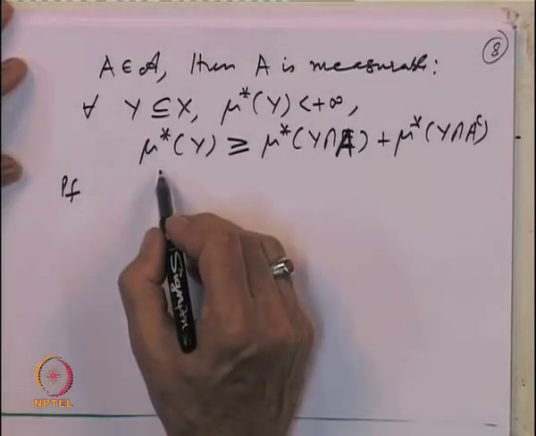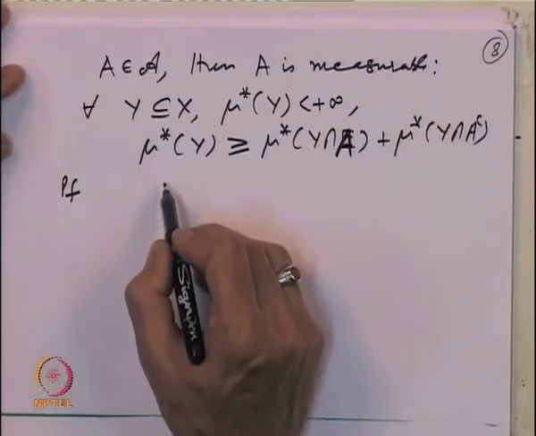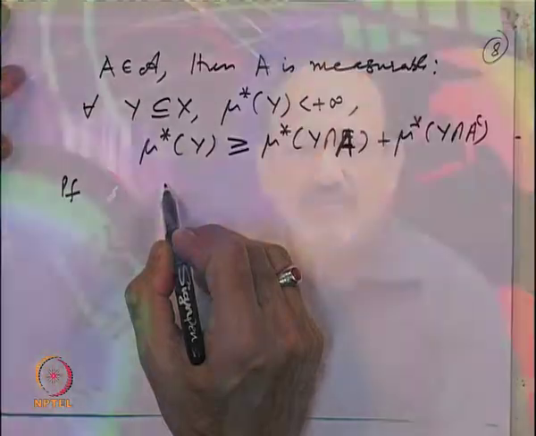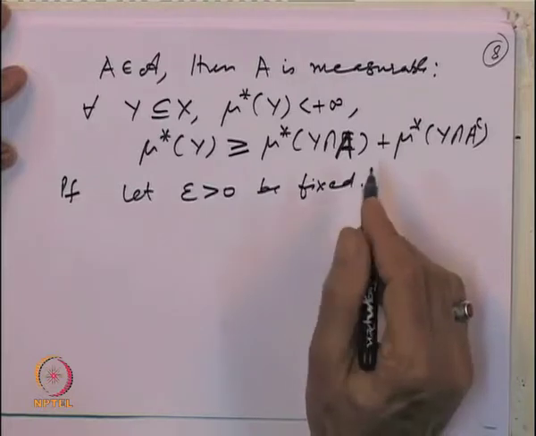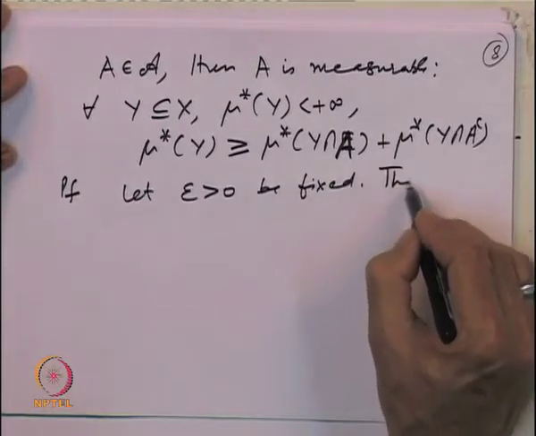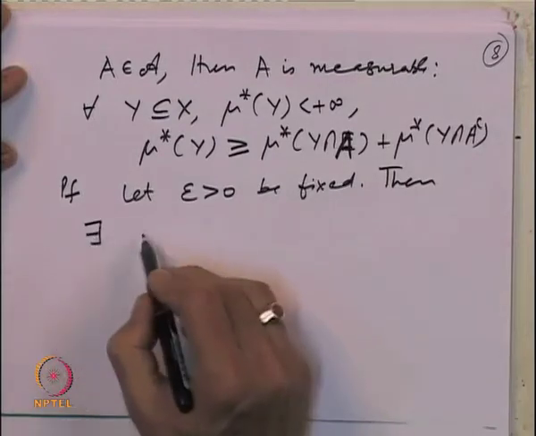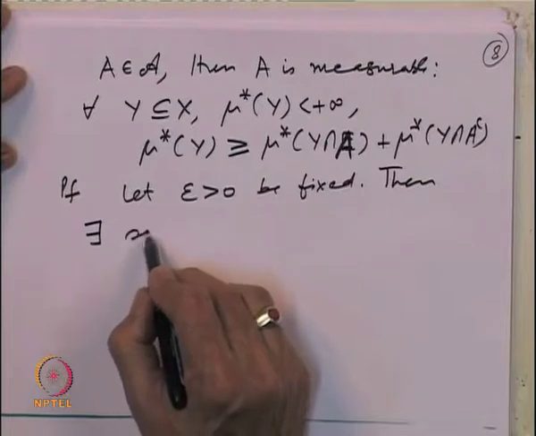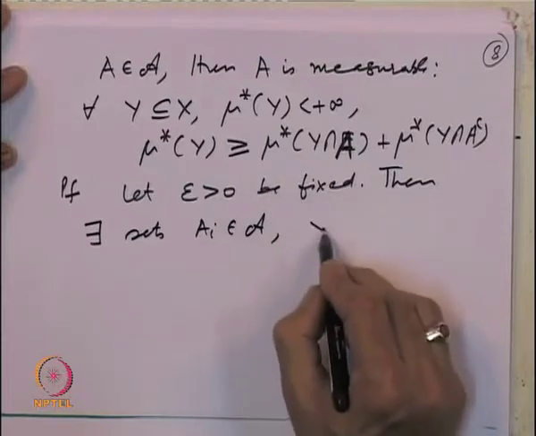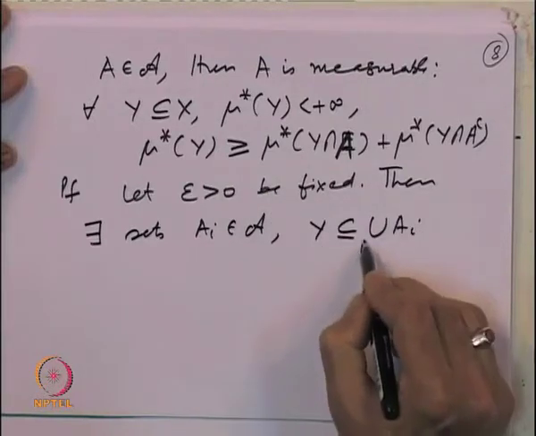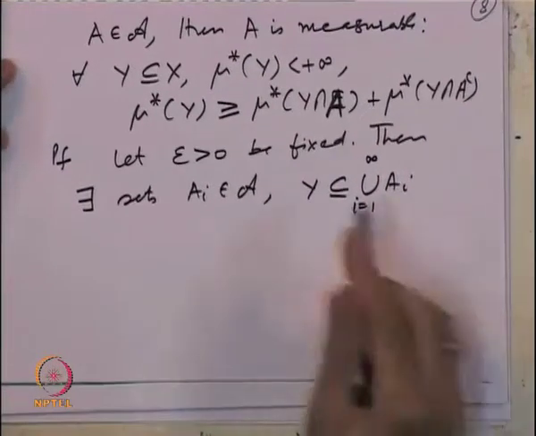Now, we are going to use the fact that mu star of y is finite, and mu star of y finite means that it is an infimum of some quantities. So, that crucial definition, the definition of infimum, we are going to use. So, let epsilon greater than 0 be fixed. Then by definition of infimum, there exists a covering. So, there exist sets A i belonging to the algebra with the fact that the set y is covered by the union of A i's, i equal to 1 to infinity, and